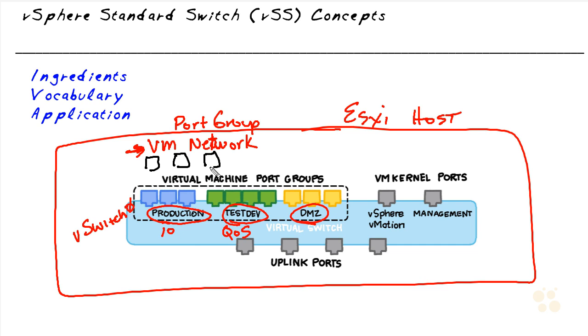virtual machines here. They've got their vNICs. And then we connect them logically to the port group that we want them to be in. And we don't have to worry too much about the actual literal port because it's all virtualized. So we just direct them to connect to the port group that we want them to be in. And the vSwitch takes care of the rest regarding the actual assignment to a logical port that's associated with that